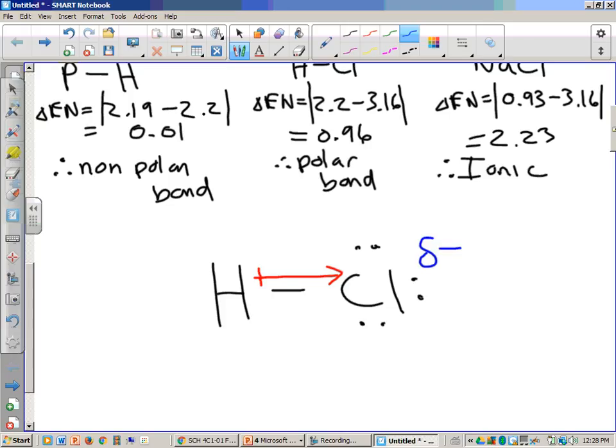It needs a little bit. So this end is a little bit negative, and this end is a little bit positive. And it's because the electrons have moved a little bit. Okay? Now,